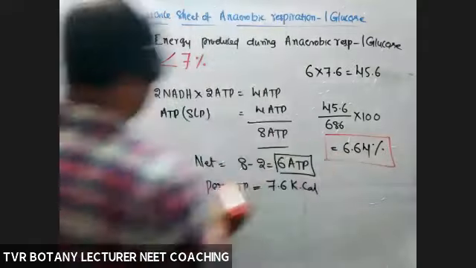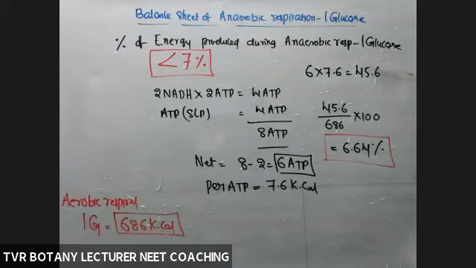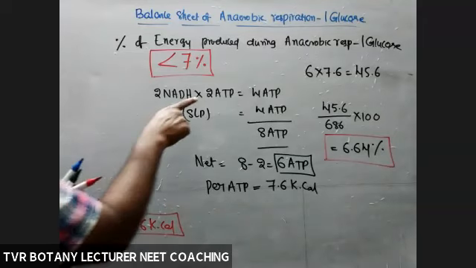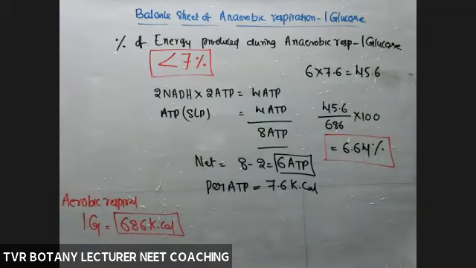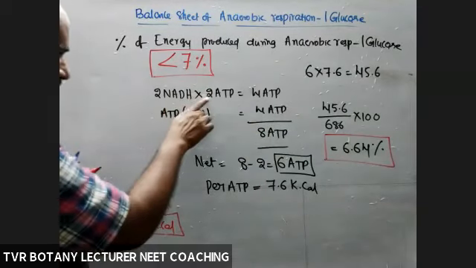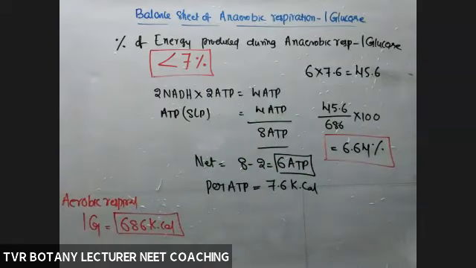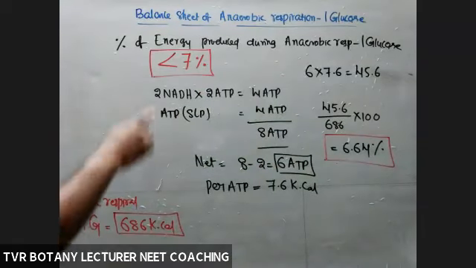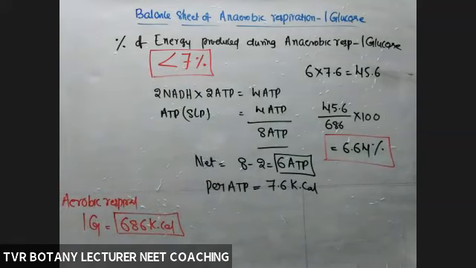So the statement given in the textbook, less than 7%, is acceptable. With the help of this way only, you can get it. So don't take 3 here. If you take 3 here, it will be more than 7. But in the textbook, the given one is less than 7. So this is the way to understand that it is less than 7.